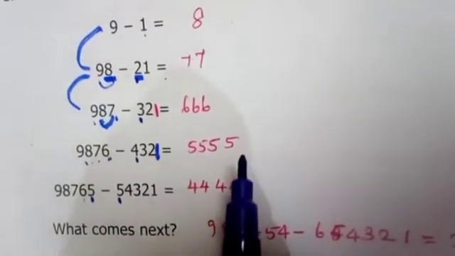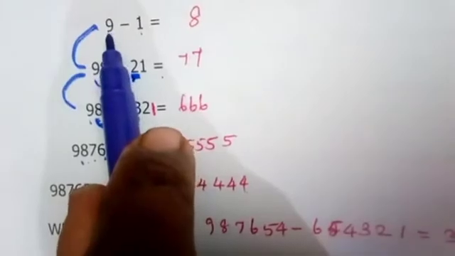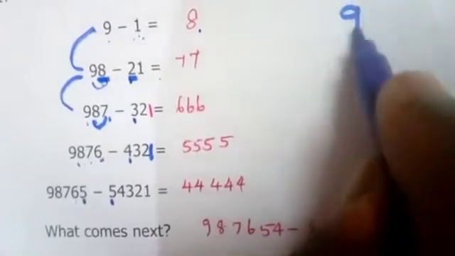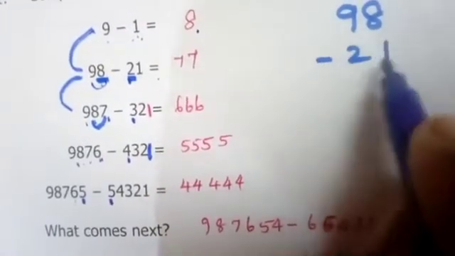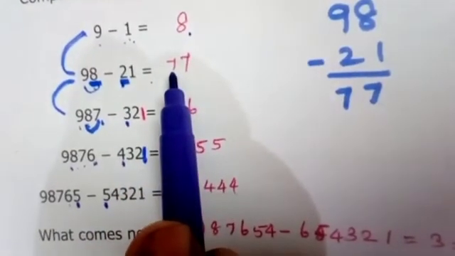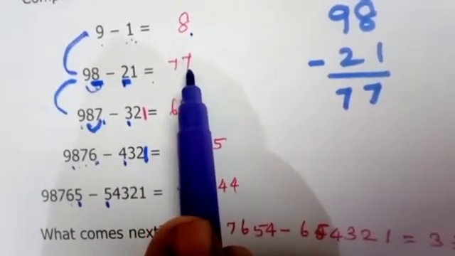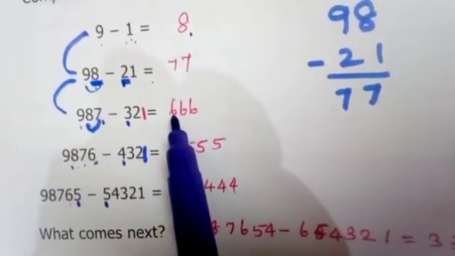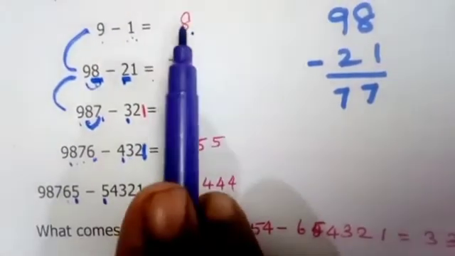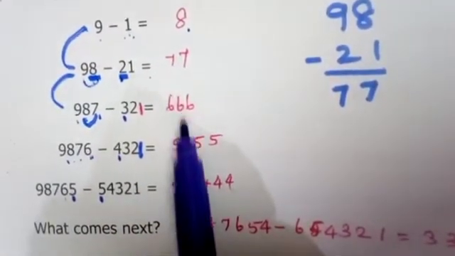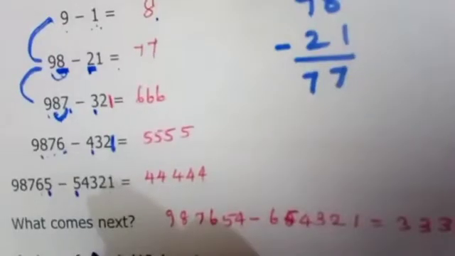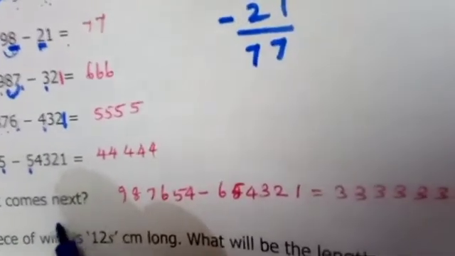Now we move to the right hand side. First value you have to find, 9 minus 1, 8. Then 98 minus the second value also you have to find, 98 minus 21, that is 77. Now for it is 8. Next one number is reduced, that is 7, write 2 times. Next before number is 7, before number 6, 3 times. 6, before number 5, 4 times. 1 time 8, 2 times 7, 3 times 6, 4 times 5. Next 5 times 4.